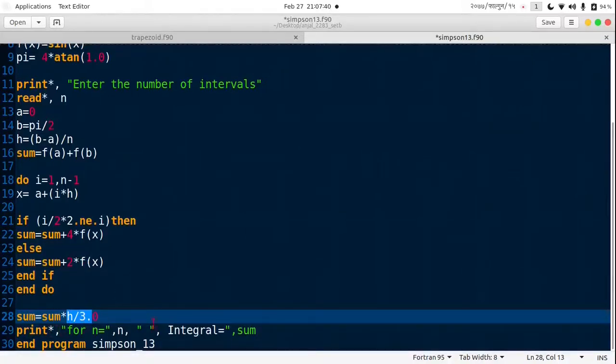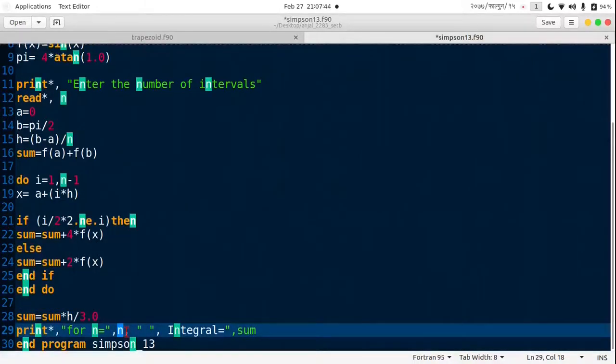For n is equal to the number of intervals specified, we print the final results. Let's save it and check out